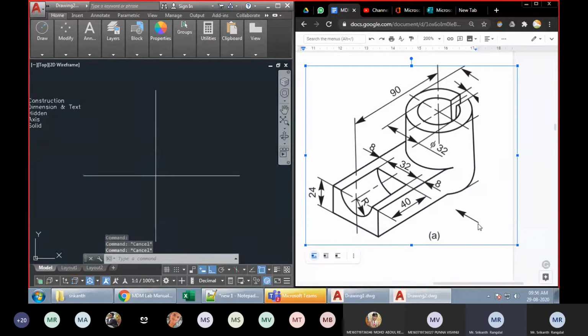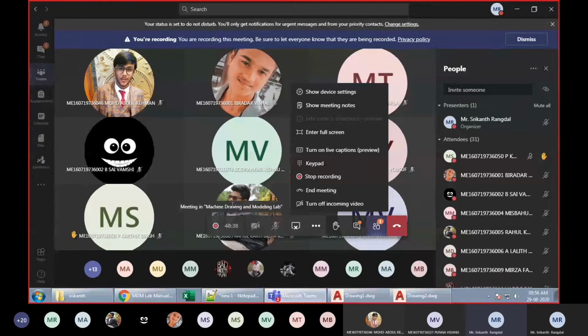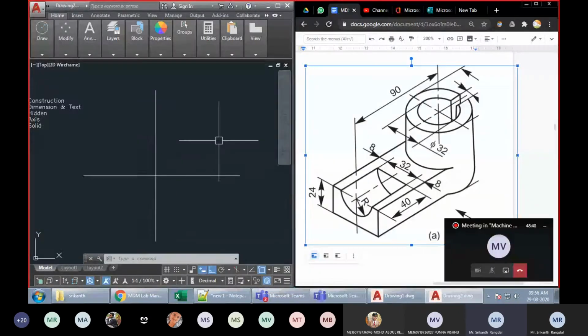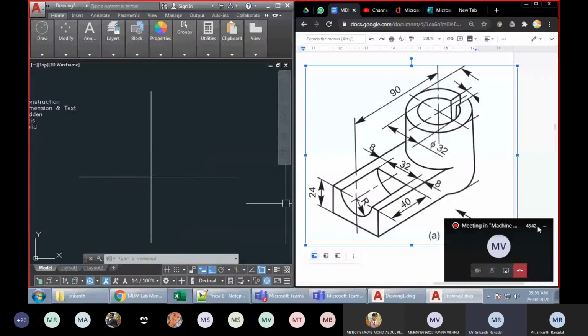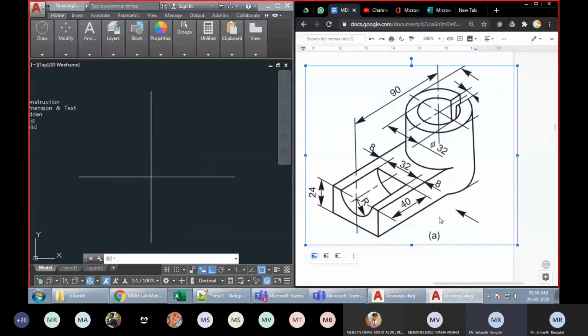Next, I need to draw the front view. Here there is an arrow, and what the arrow is telling me is that the front view appears from this direction. Okay. That's fine. Let us go ahead. Because the arrow is pointing slightly towards the left, we have to draw the front view on the left side, not on the right side. Fine. This is something you have to be a little careful about, where you choose to start the front view.